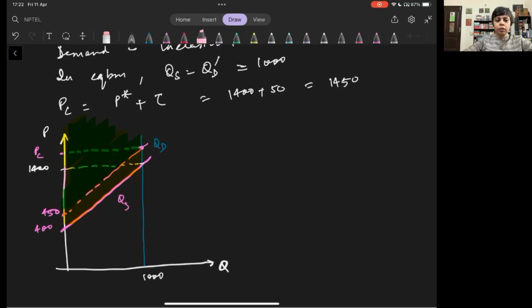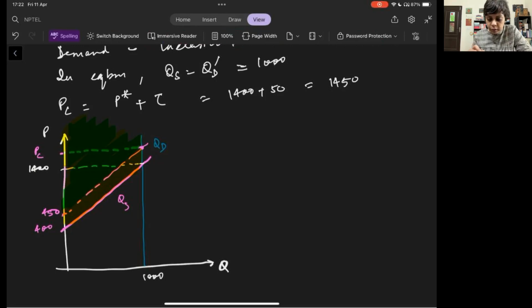This is the producer's surplus. You can calculate the values from the diagram. I'm leaving this as an exercise for you. I think I've explained it fairly well. If any of this is not making sense, you can tell me. But we discussed this at great length earlier, so I'm not explaining it fully.